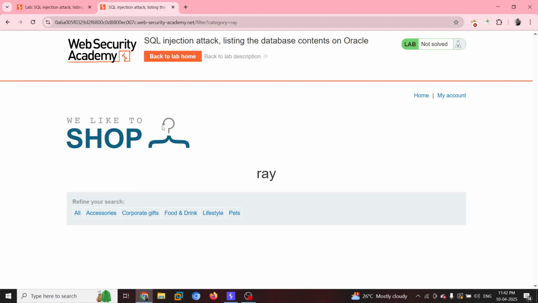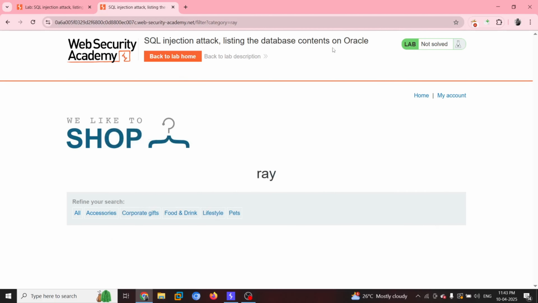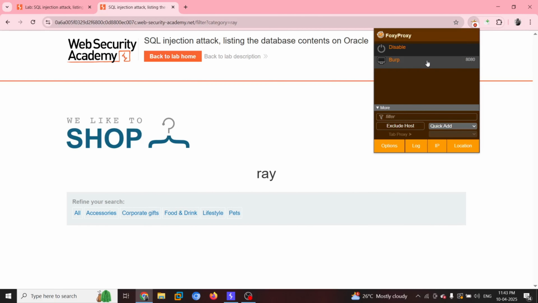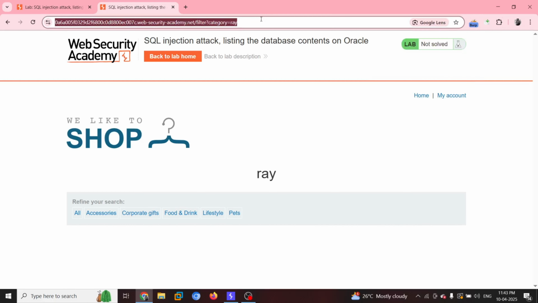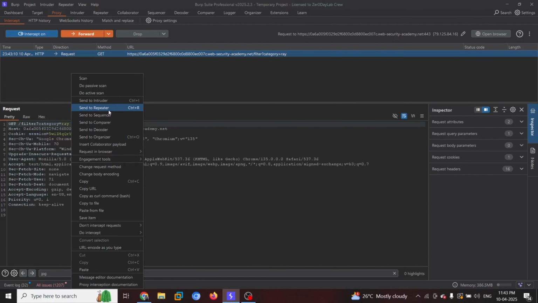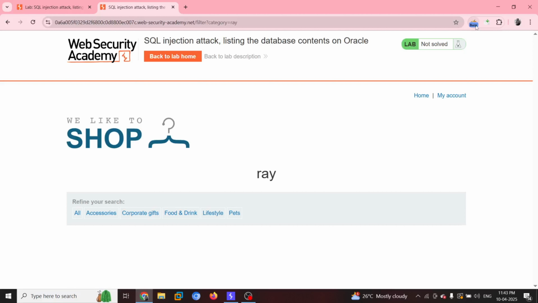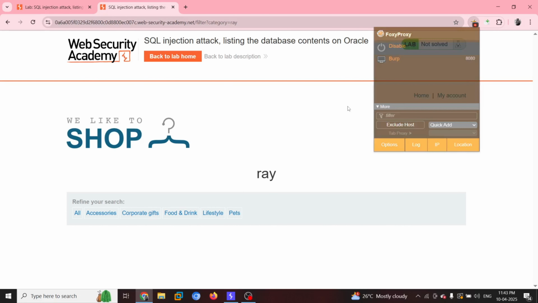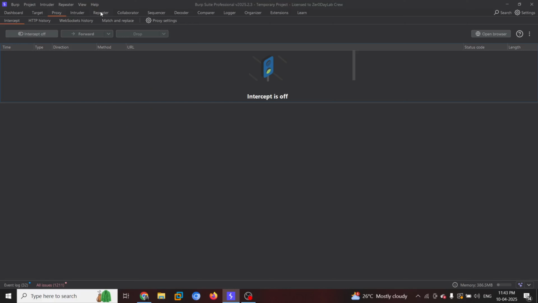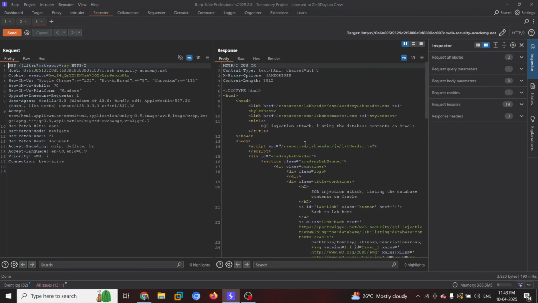So what next we're going to do? We will intercept the data to play with the request and response. Turn on the intercept, turn on the proxy server. Let's intercept this data. Now we have this data. We will send this data to the repeater. Turn off the intercept, turn off the proxy. Now I'm going to go ahead and see. This is how the request and response look, and as we can see, this is a 200 OK, which is a generic thing.